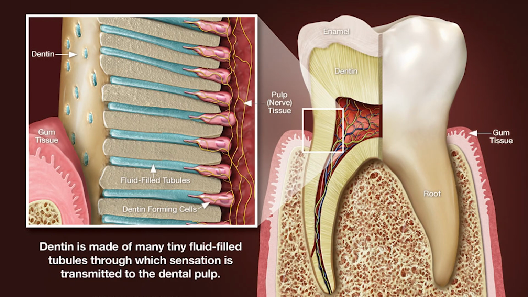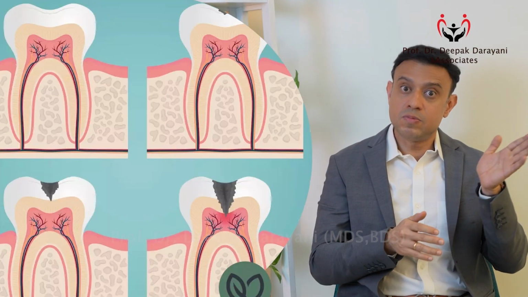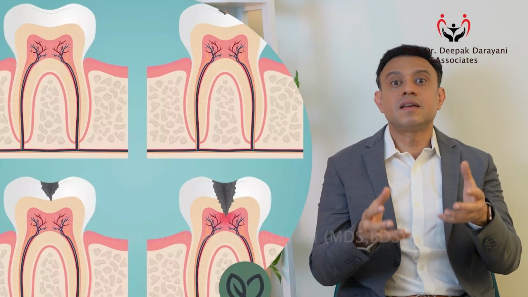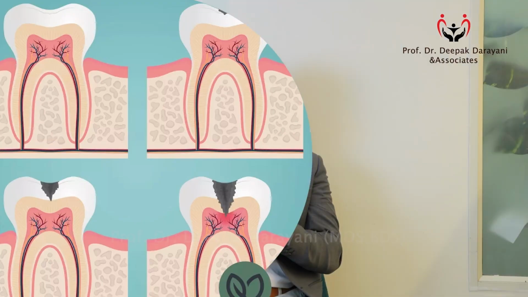It has got a lot of tubules in it, because of which it sends the signal of sensitivity via the pulp to the brain. And hence the difference between enamel caries and dentine caries is, the dentinal caries may be sensitive. If the infection has blocked the dentinal tubule, then they may not be sensitive, but in most of the cases, whenever there is food getting lodged or when you are drinking cold or hot water and there is sensitivity, that means there is a dentinal caries.